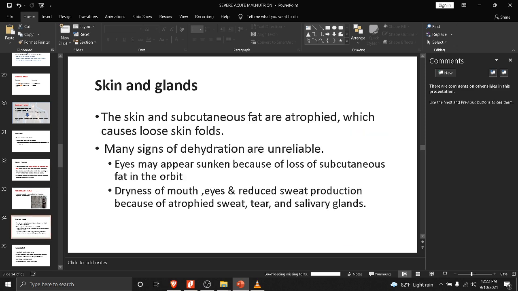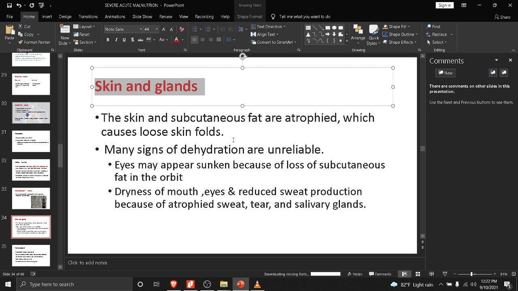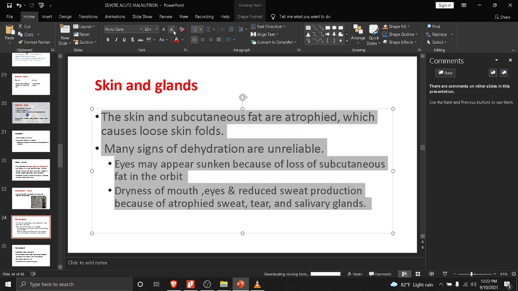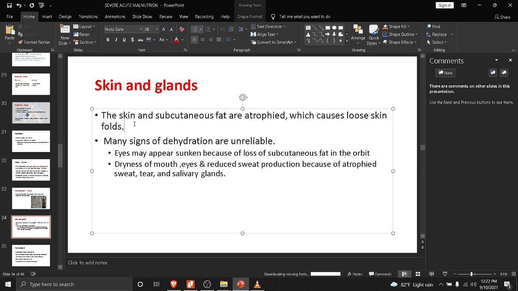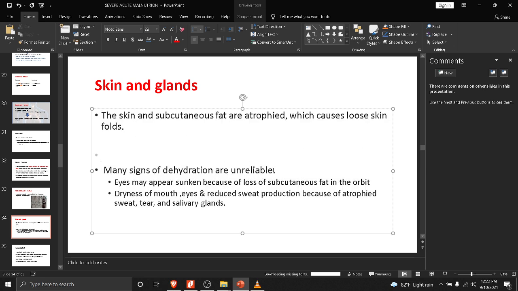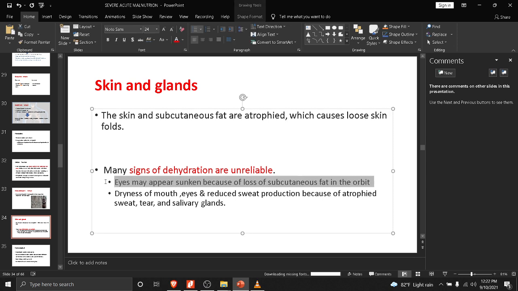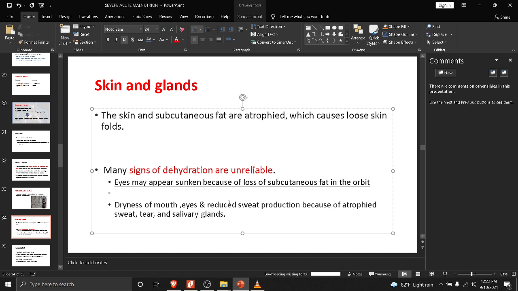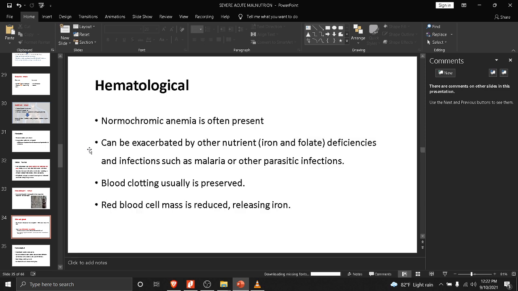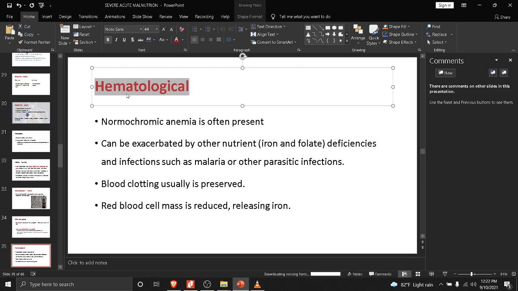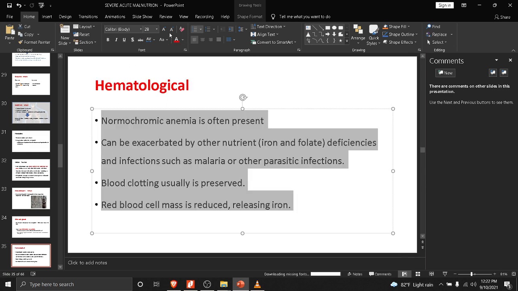Then again, the skin and glands, which is important because they suddenly come up with the features of dehydration. But these features can be shared with other manifestations of the SAM. For example, the child's eyes may appear sunken because of loss of subcutaneous fat in the body. So it is a manifestation of dehydration as well, so you can take dehydration into account. Also the dryness of mouth and eyes and reduced sweat production can be there because of atrophic sweat glands and salivary glands. And hematological wise, usually they have normocytic normochromic anemia, but sometimes other micronutrient deficiencies like iron and folate can lead